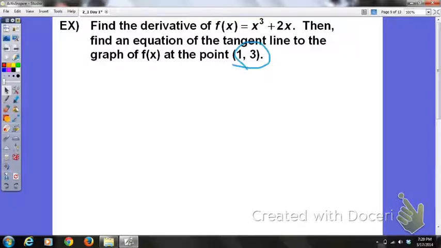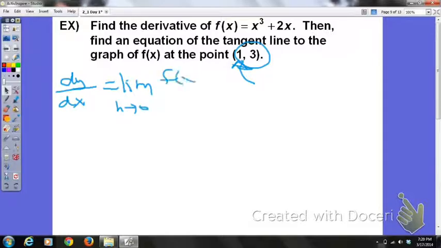So once we find our general derivative, we can plug in 1 for our x to find the slope at that specific ordered pair, and then use point slope form in order to find the actual equation of the tangent line at that point. So let's start by finding the general derivative by using our difference quotient. So dy over dx, or y prime, f prime of x, whatever you'd like to write, is equal to the limit as h approaches 0 of f of x plus h minus f of x